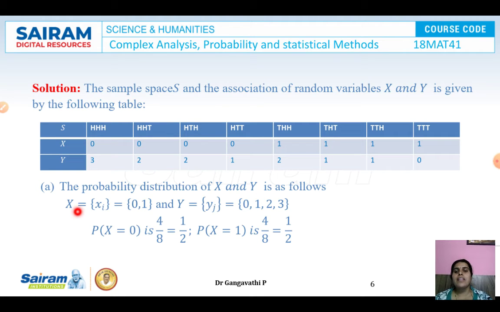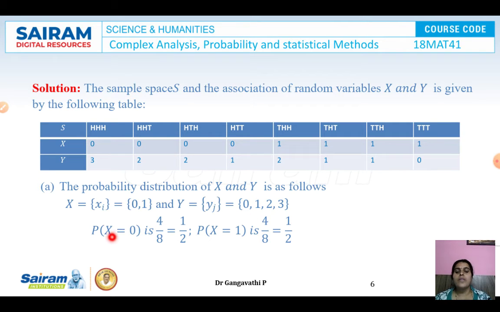So x takes the values 0 and 1. And y takes the values, you can observe y starts at 0, then 1, 2, as well as 3. So the y values are 0, 1, 2, 3. So now